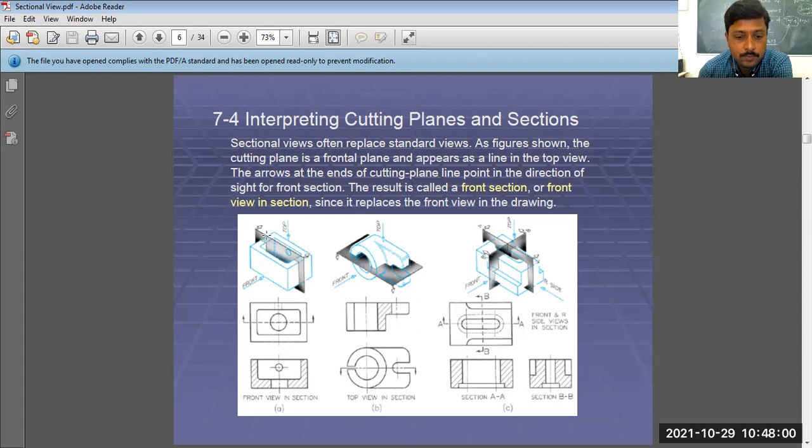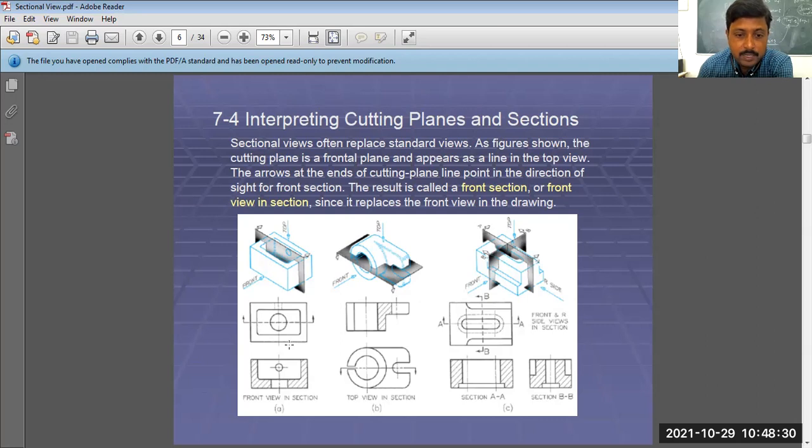Now what happens here? The top view is shown on the upper side and the front view is shown on the lower side of the horizontal plane. So you know the first angle method and third angle method. I hope you know the difference. If you don't know, just get to know it, and I will let you know in the later part also.